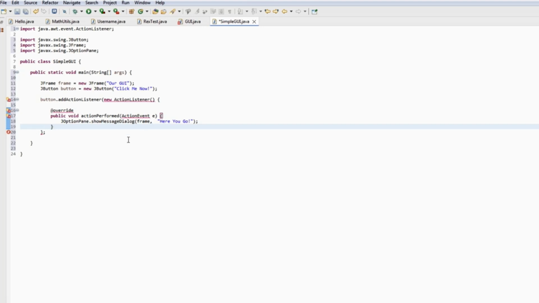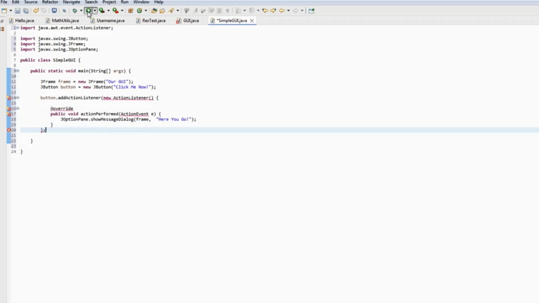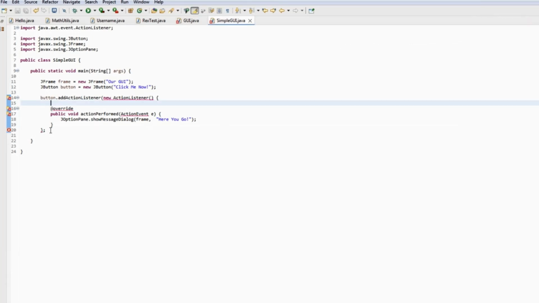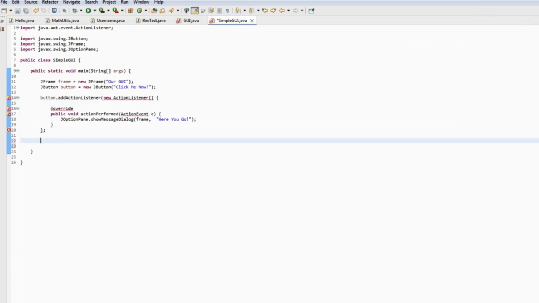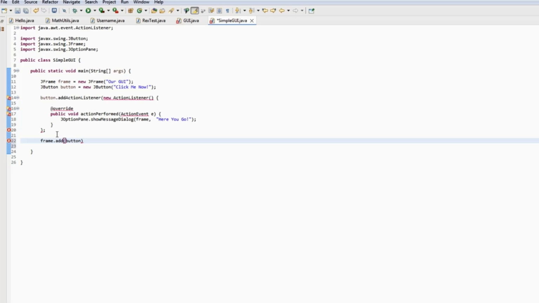Now, let's see what's next. We have to see all these errors. Let's try to run, because you have the error messages. You run, you get an error message. You see, there's an exception. You have to check one by one what's wrong. The frame has the button, so you have to add the button on the frame. This is how you add it: frame.add(button),